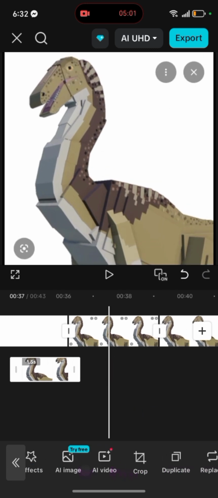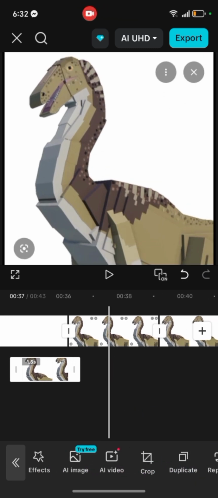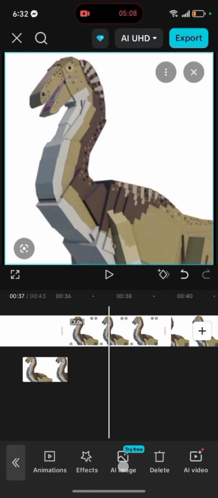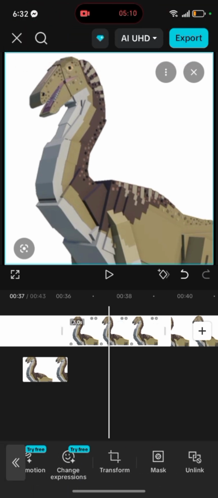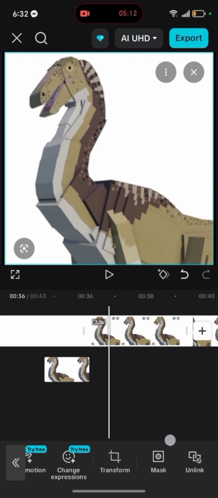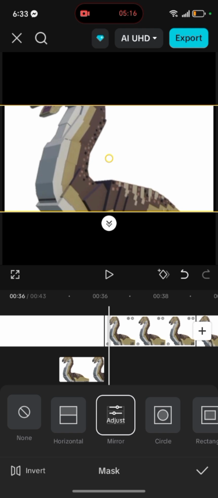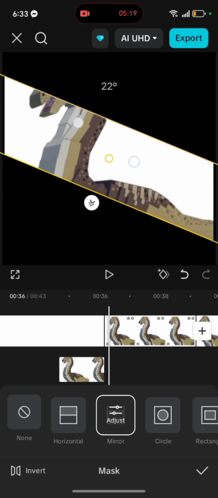And for these, you're going to need keyframes. So press that and find mask. If you find mask, press it and press mirror and make it rotated like this.